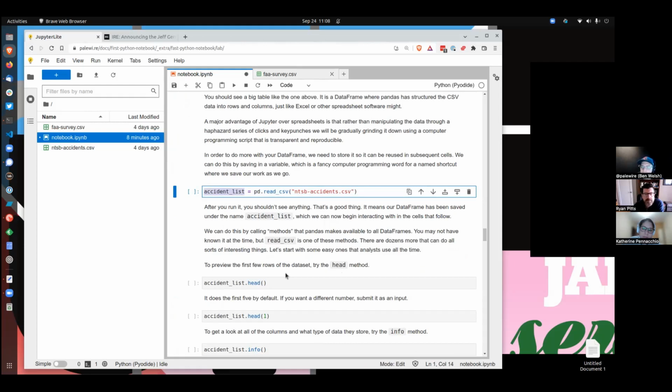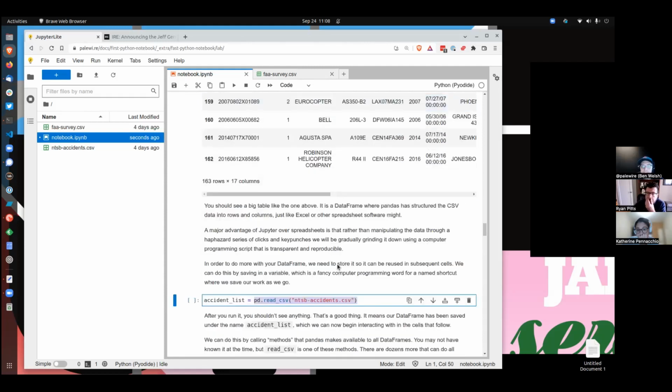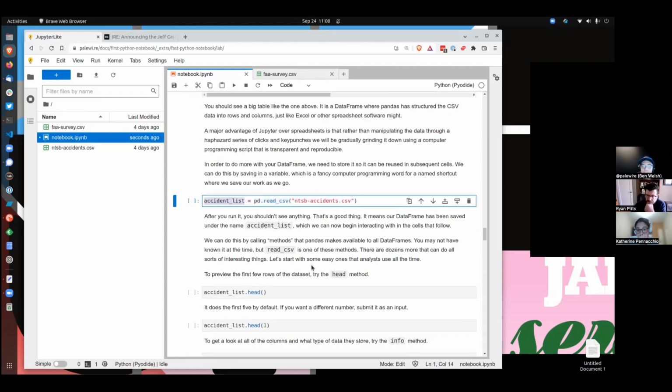We name a variable. We can name it whatever we want. I'm doing accident_list, right? Then equal to, define it. And that exact same code from above. So the same code from up here with read CSV is down here. It's now being saved to a variable. If I run play, nothing happens. The number shows up. That means the data frame has been saved in the same way that we saved our